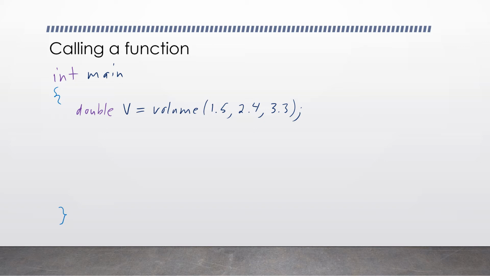Okay, notice that in this case, I gave literals as arguments. Now, I've told you to avoid using literals in your code because they appear as magic numbers. Nobody knows what 1.5, 2.4, and 3.3 mean. So it's better to say